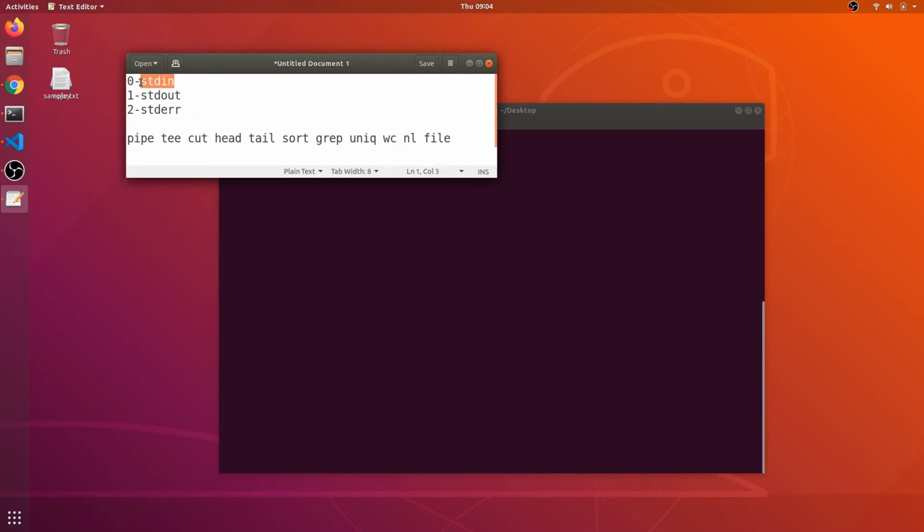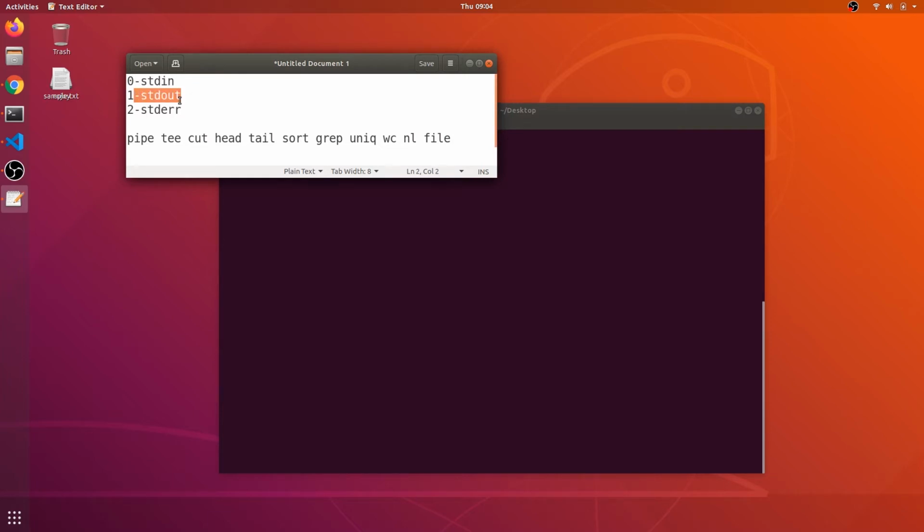What this stdin does is it points to our keyboard. Generally we give the input to any application via keyboard, right? And this stdin points to the keyboard, and this 0 indicates that we are considering the input as input into the application. So you can think of this 0 as a file handler or file descriptor which points to our keyboard data. So if I type Nikhil on my keyboard, then stdin stores the Nikhil.